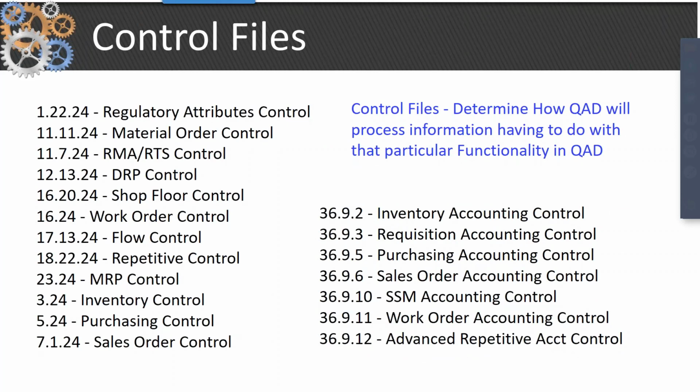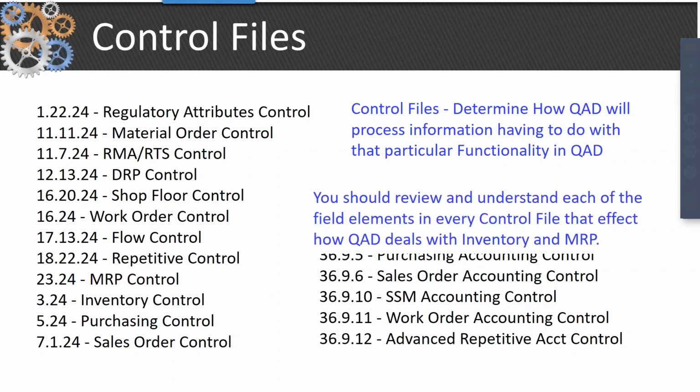Control files determine how QED processes information having to do with particular functions. And you can see there's a shop floor control file, there's work order control file, there's MRP control, sales order, purchase order, inventory control. These all determine how you process information. It's important that you should review and understand every field in every control file and how it affects MRP and